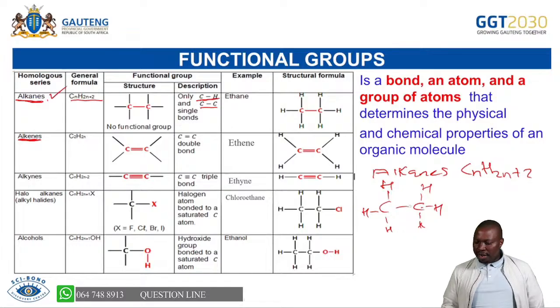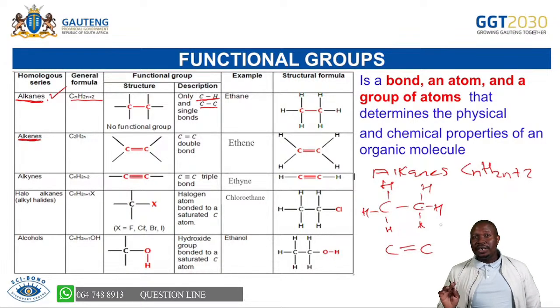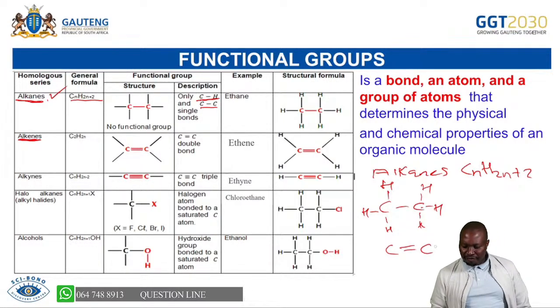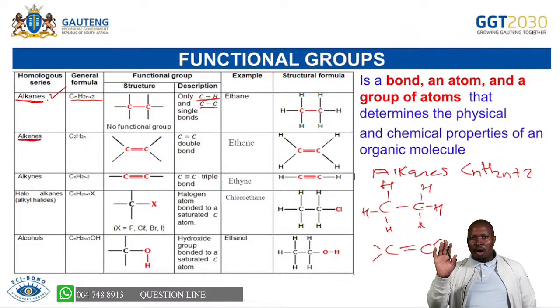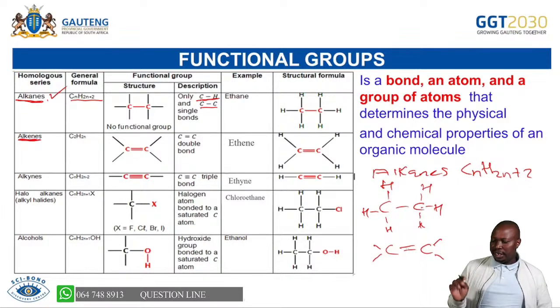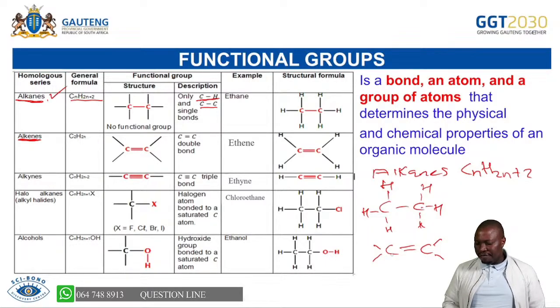Immediately, if you have a structure like that one, when you have a carbon-carbon double bond, you see that the carbon must have 4 bonds around it. You are unable to put 3 hydrogens here, because if you put 3 around each carbon, you will have 5. Hence, you will have only 2 bonds around these ones, so that when you count the number of bonds around the carbon, there must be 4 at any given time. So if you check here, you'll have a carbon with 1, 2, 3, 4 bonds around it, and another carbon with 4 bonds around it. So you can see that the general formula for alkenes is changing.